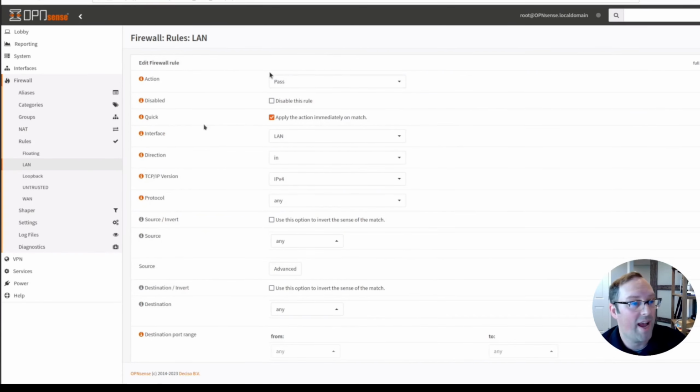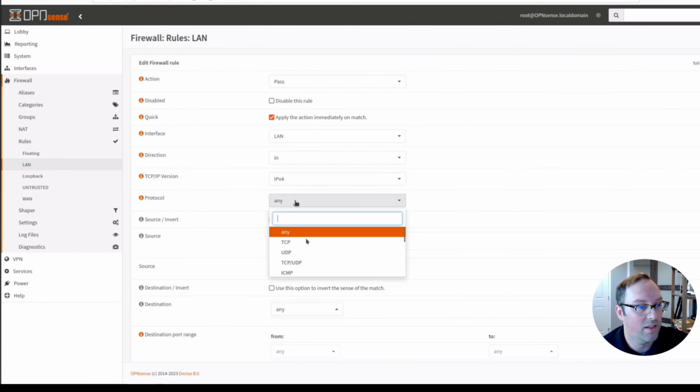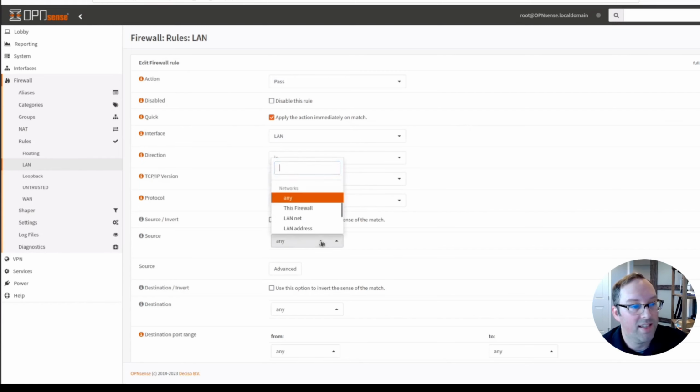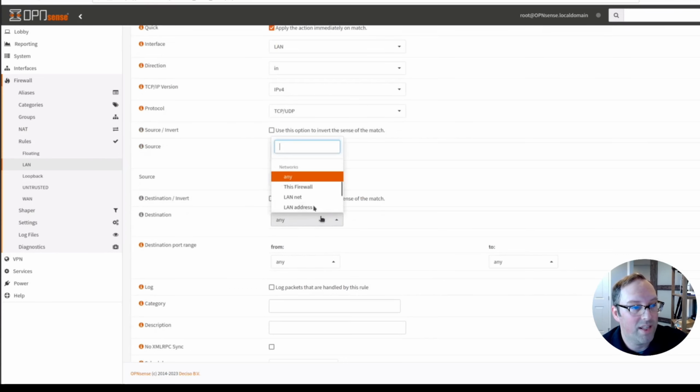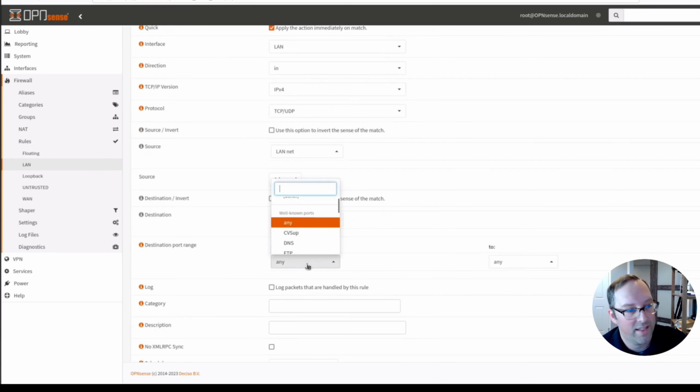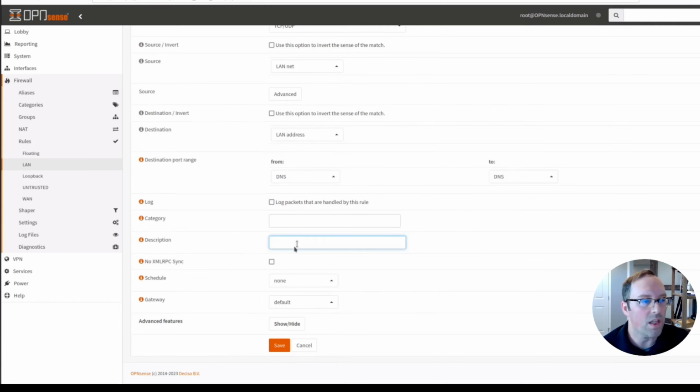We want this to be on pass, and the protocol to be TCP is fine. We want the source to be LANnet, because that's our network that we're in, and we want the destination to be a LAN address, and the destination port, just pick DNS. So what we're going to type here for description is allow access to DNS server on LAN interface,